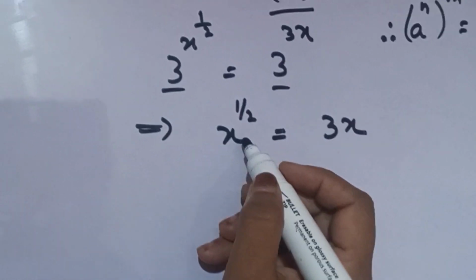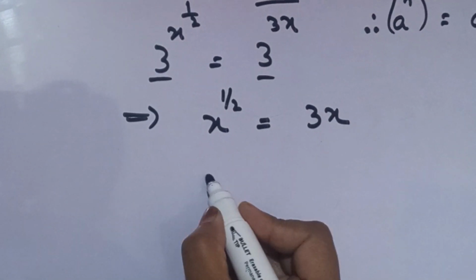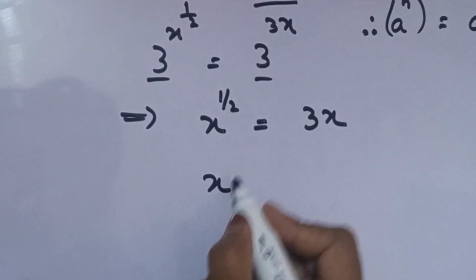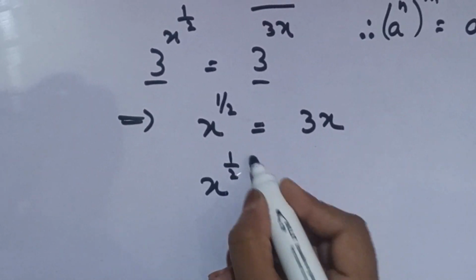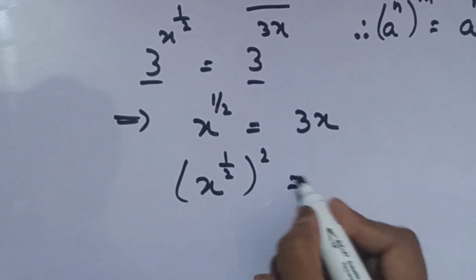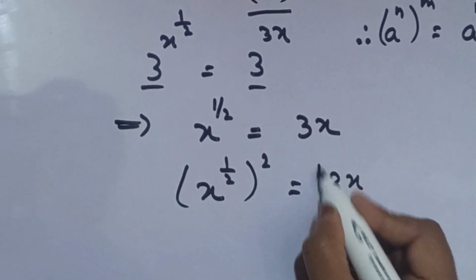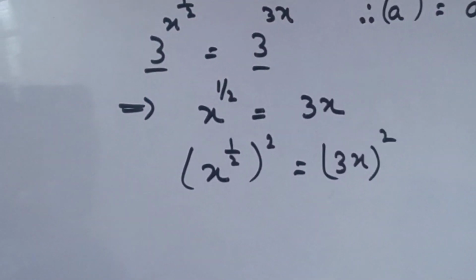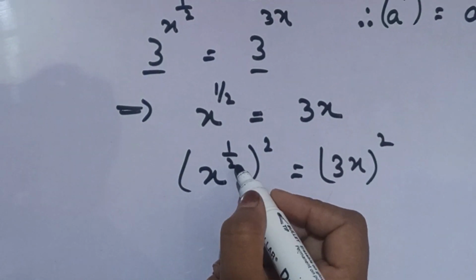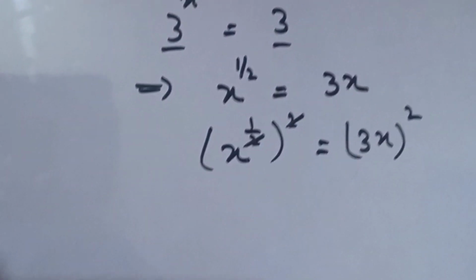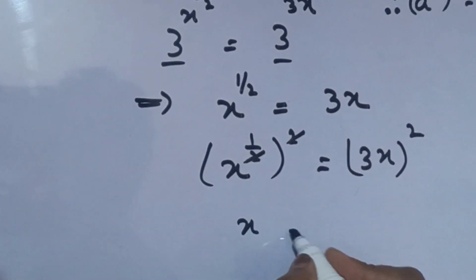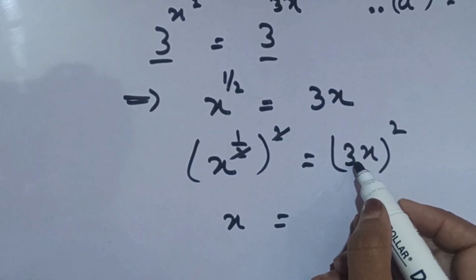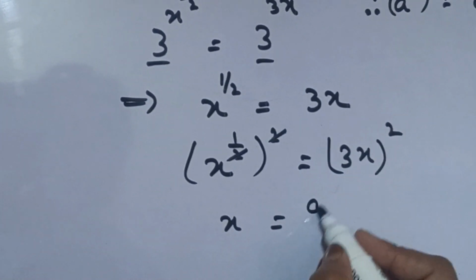And in the next step, we take a square on both sides of this equation. So we have x raised to the power 1 over 2, we take a square on this side, and this is 3 raised to the power x, we also take a square on this side. So in the next step, this square and square root will cancel. So we have x, this is equal to 3 times x whole square, this is equal to 9x